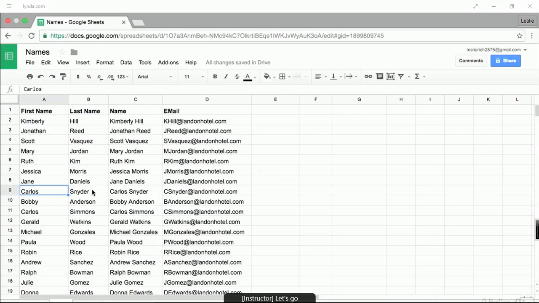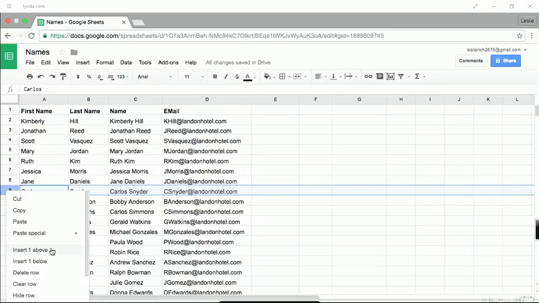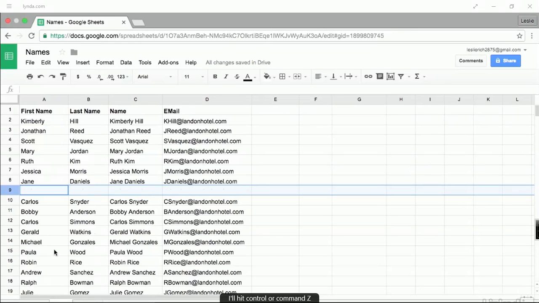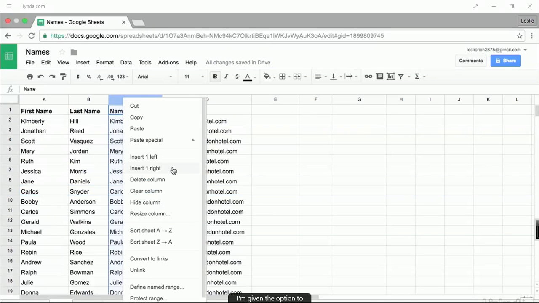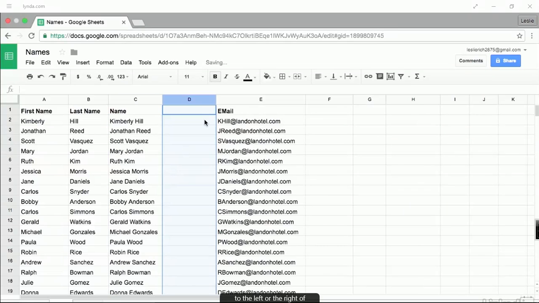Let's go over some row and column manipulations you can use in Google Sheets. I can easily add a row by right-clicking inside the row number and selecting Insert one above or one below. I'll hit Ctrl or Command Z on my keyboard to undo that, and I can do the same thing by right-clicking on a column header. I'm given the option to insert a row or column to the left or the right of the currently selected